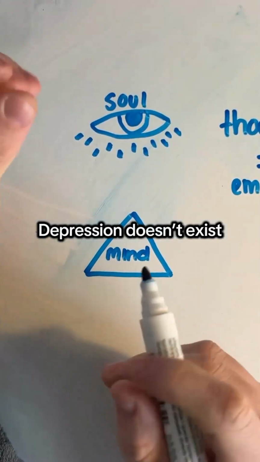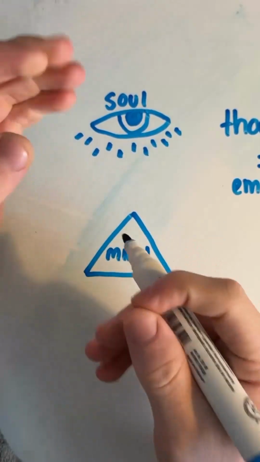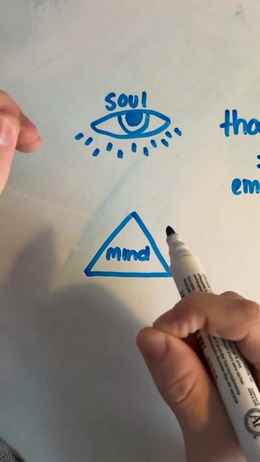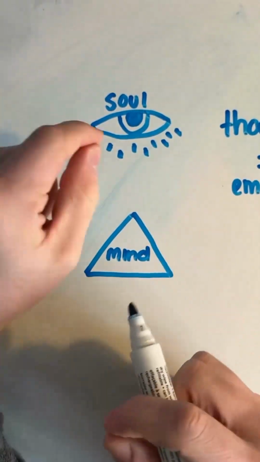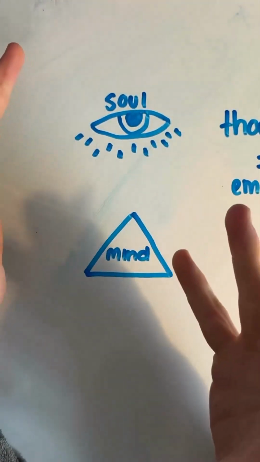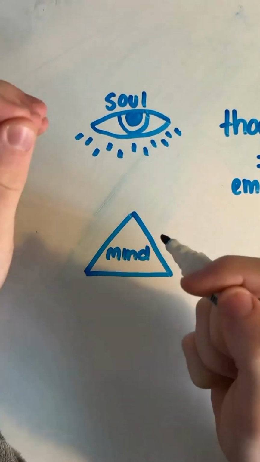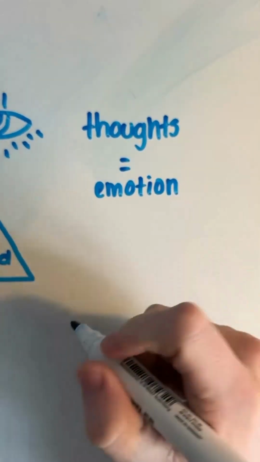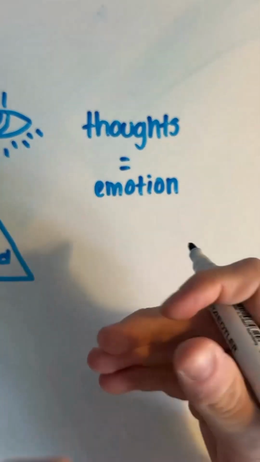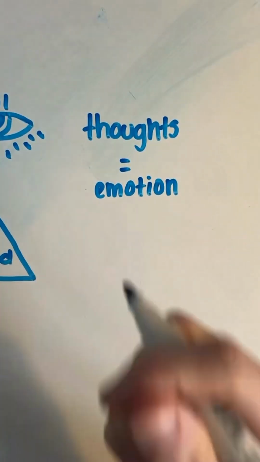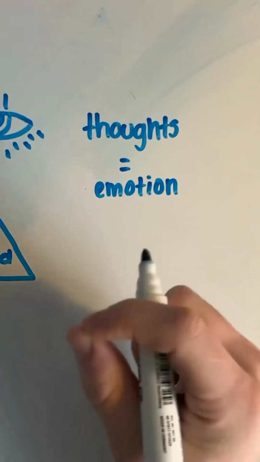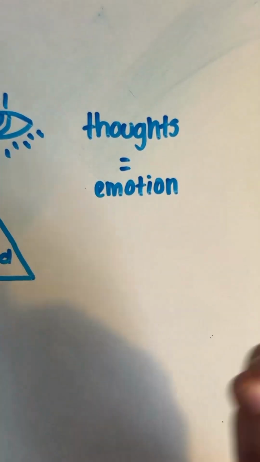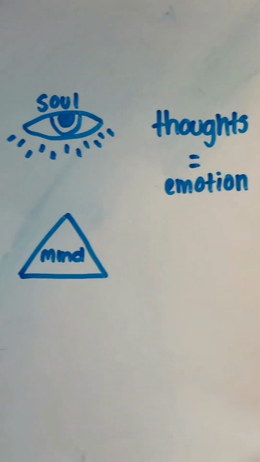Depression doesn't exist when you realize every thought you think produces a feeling. You can control every feeling you possibly feel through self-mastery. This is not spiritual nonsense, this is personal empowerment. Thoughts equal emotions. Let's do a test. If you think of a very sad moment in your life, notice the shift in how you feel. Now switch it. Think of a very happy moment. What happened? You begin to feel that happiness. That is proof. Thoughts produce feelings.